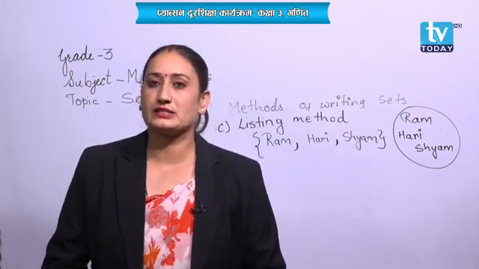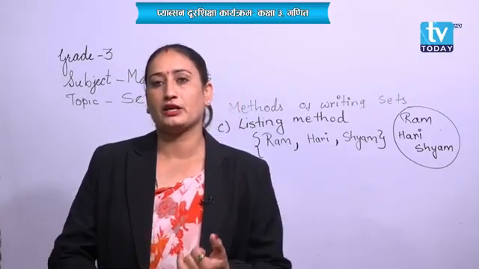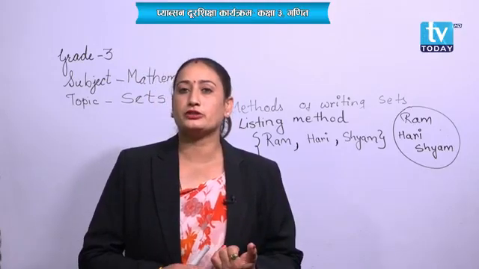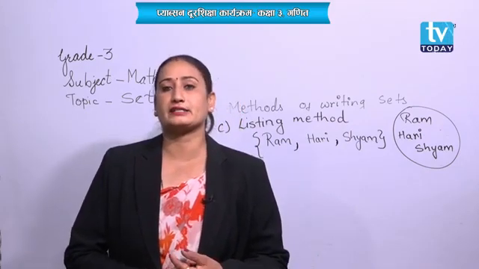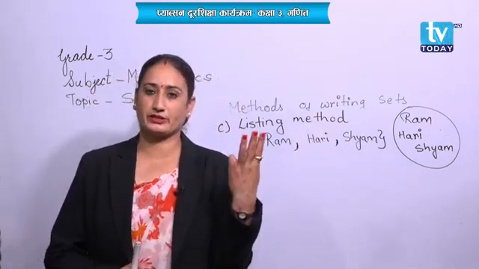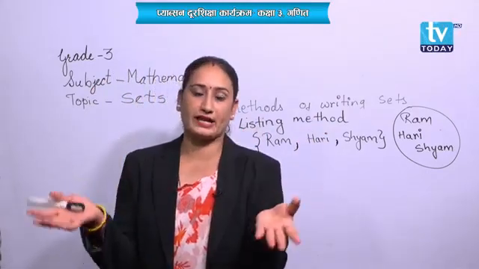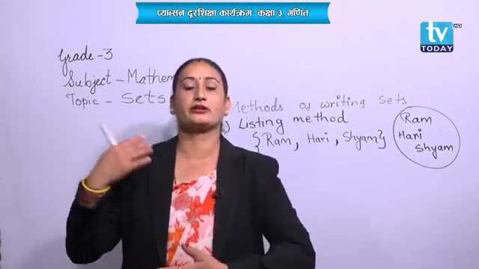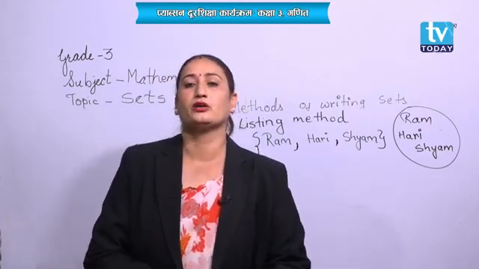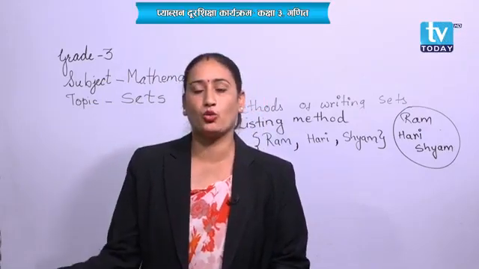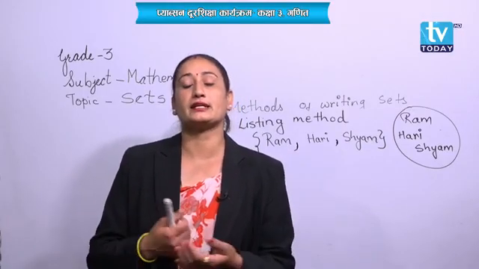So, students, in sets, we are learning how to describe the set using the belong to and doesn't belong to sign. Then after, methods of writing sets. 3 methods we have learned, right? What are they? First one is showing through a diagram and you need to write the answer. Second is to describe through words, and write in words. And last is listing out the members of that set.